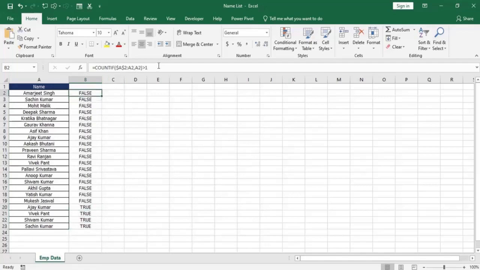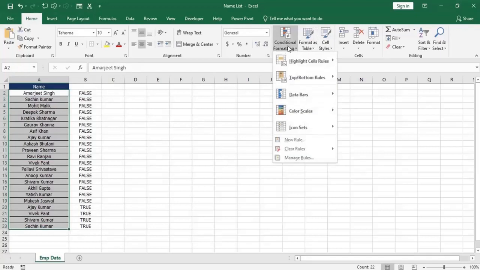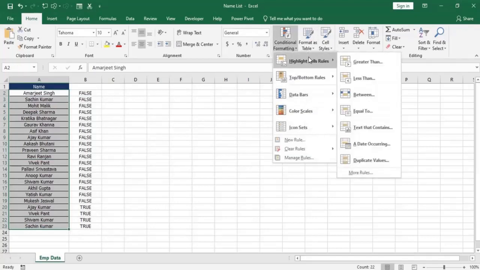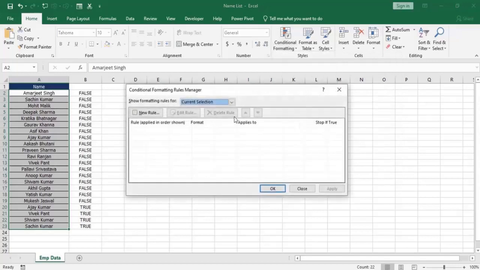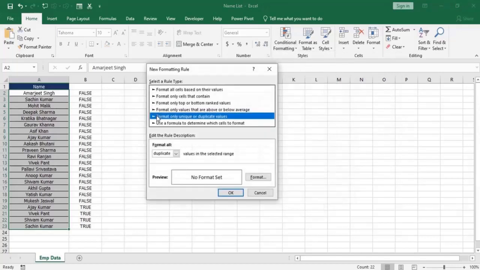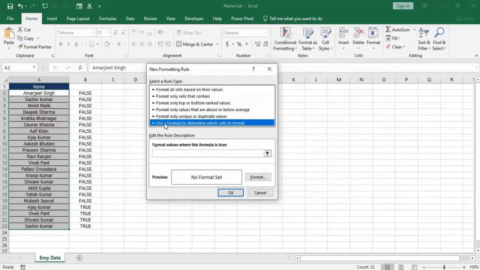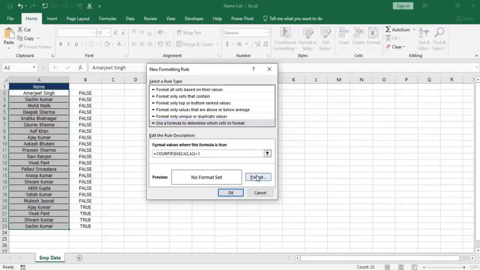Now I will use this formula. Either you can copy this formula or you can write the formula over there. So for you, I am just copying this formula and selecting the range, conditional formatting, and this time I am not going to click on highlight rules. I will click on manage rules, then new rule, and click on use a formula to determine which cells to format, and just paste the formula over here.